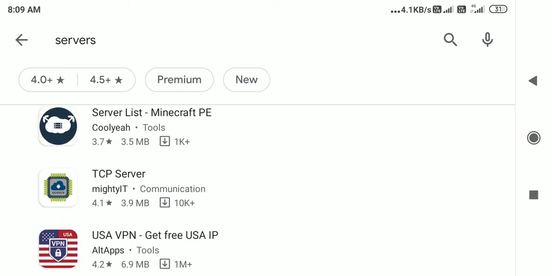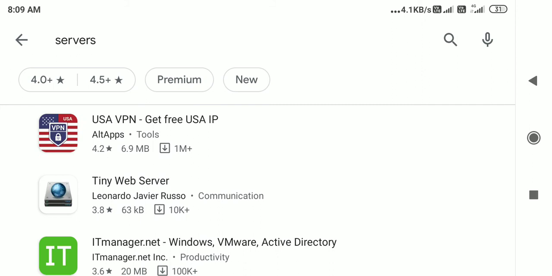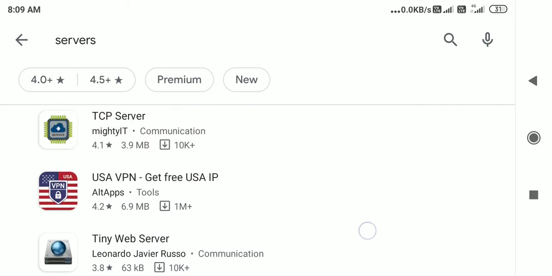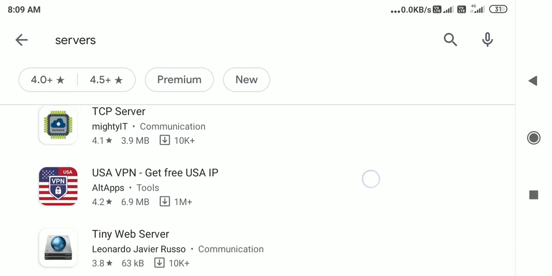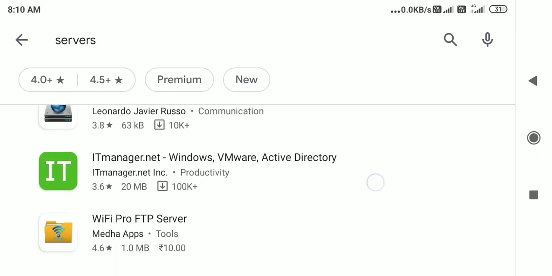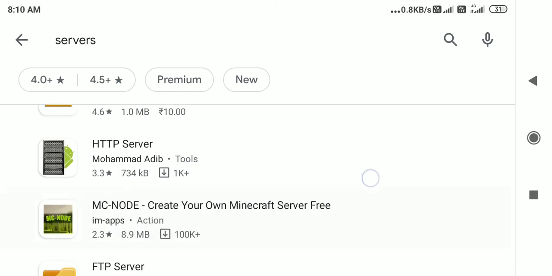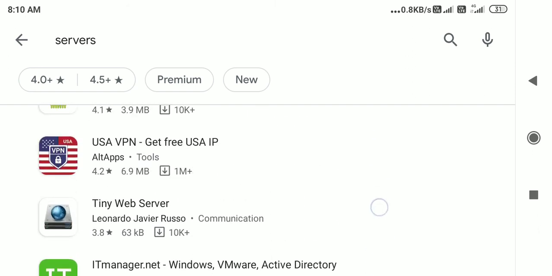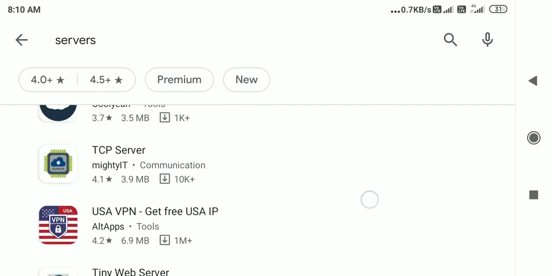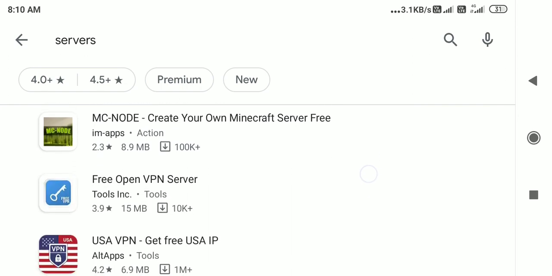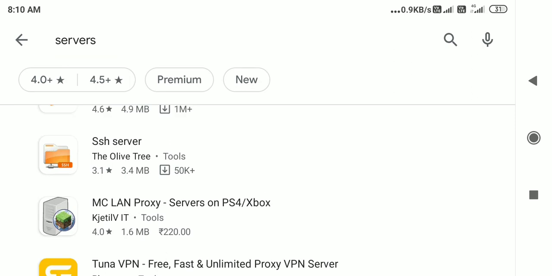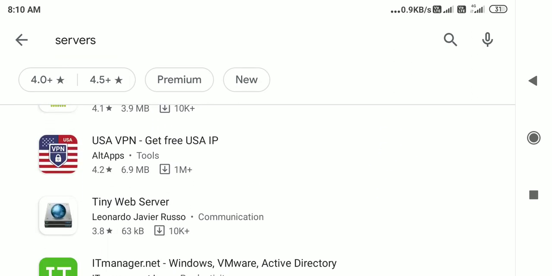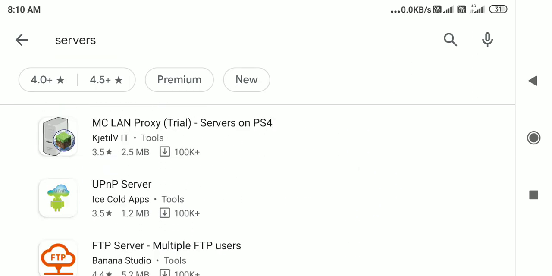So the TCP server works only over TCP, and you can write applications over any kind of TCP. Once you start the TCP server, you can write any application, plug it into the TCP server and use whatever you want. It will run only TCP, so you don't have to worry about anything else. That is why it is called a TCP server. Okay, USA VPN. If you want to connect to USA systems, then you can use USA VPN.